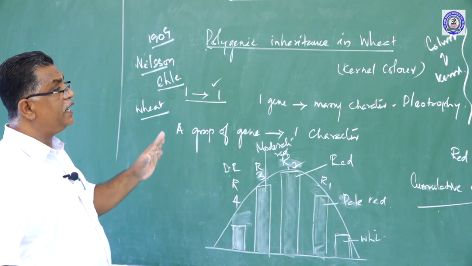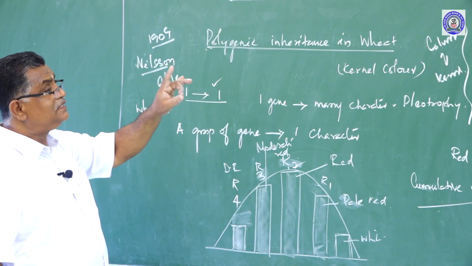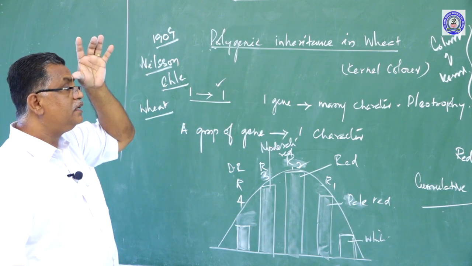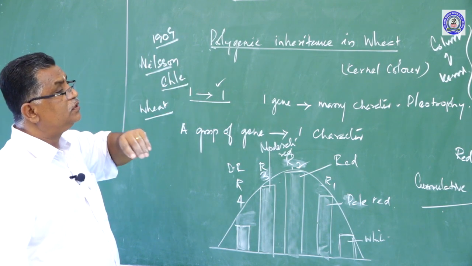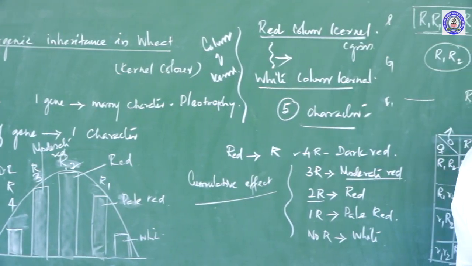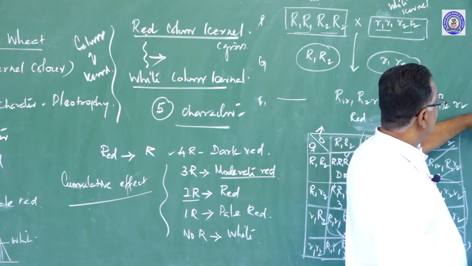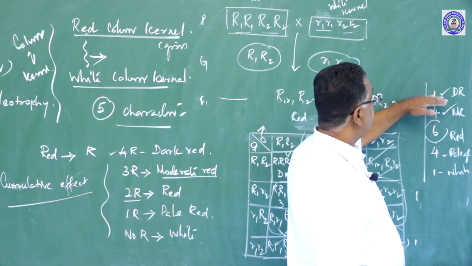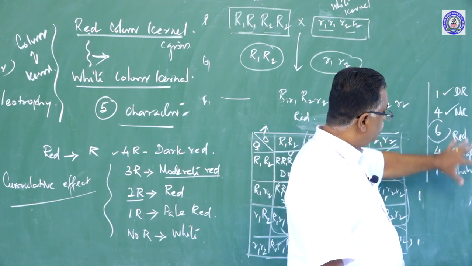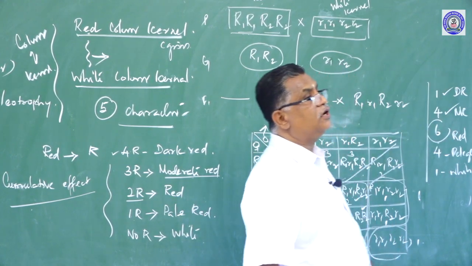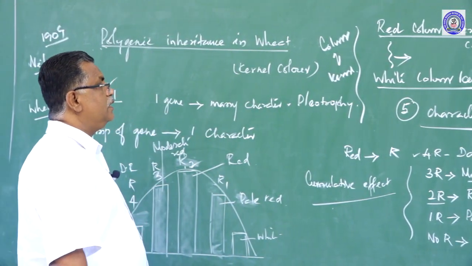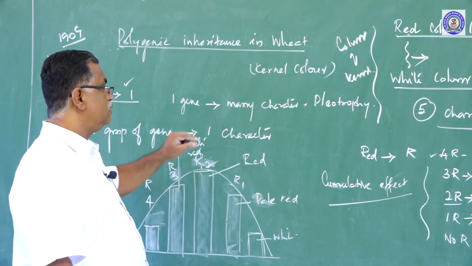So in that way we ultimately get 6 as the common number, that is, common wheat, as we said here. Along with the thick red, dark red and pale red, these are all uncommon, but all these colored wheats are found in the market. The color will depend upon the presence of the capital R.